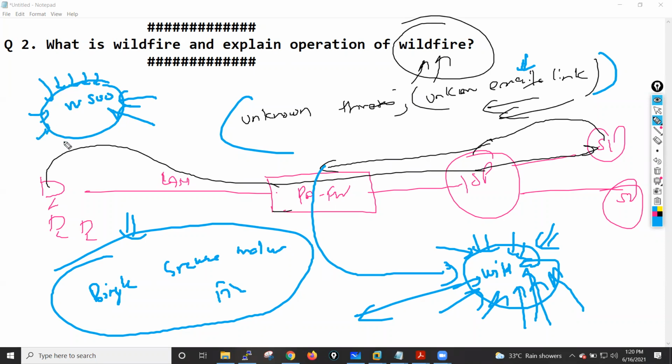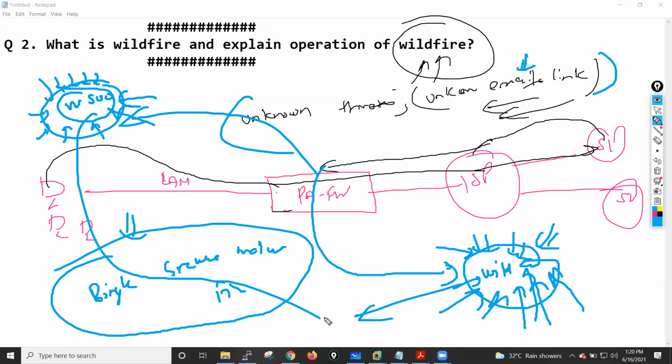So if we are working in a defense sector and all, in that case they use this particular private cloud. We can also set up a hybrid cloud, where my Palo Alto firewall sends the file to this private cloud, then the private cloud further sends this file towards the public cloud. That kind of thing we can also do. So now let me explain to you the operation of WildFire.